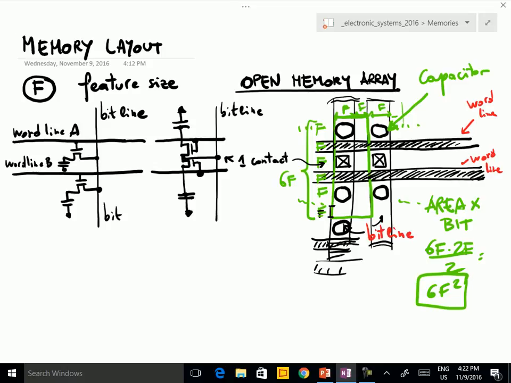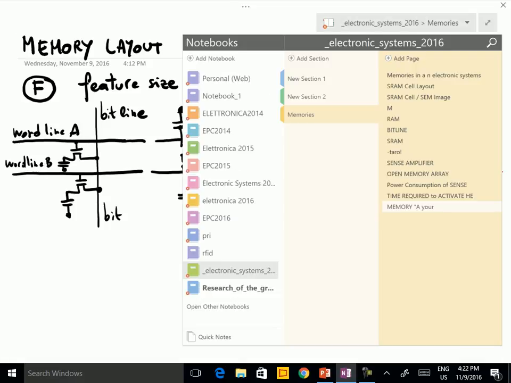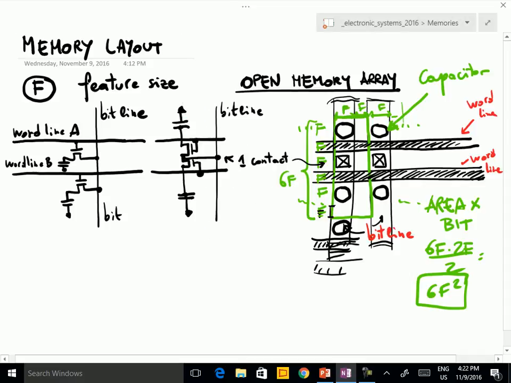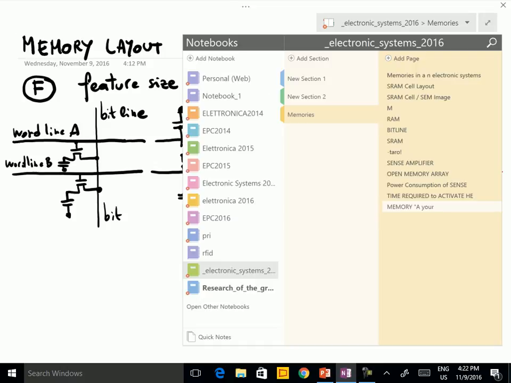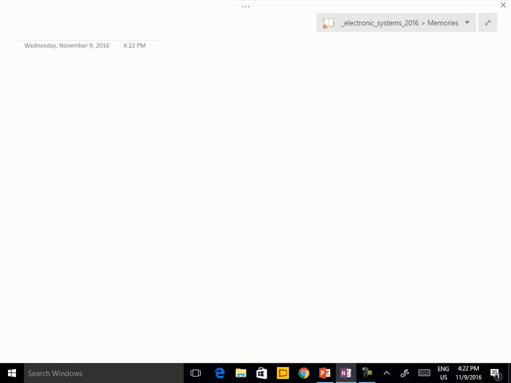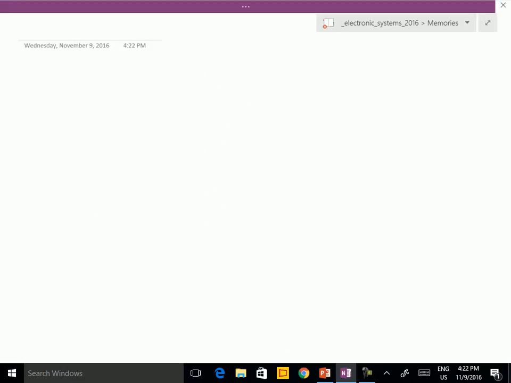In the case of the folded memory array, of course, when you write 6F squared, we are not considering the space, the area occupied by the sense amplifiers. But in practice, that is negligible if we have a large memory bank. Okay. If we consider the folded memory array,